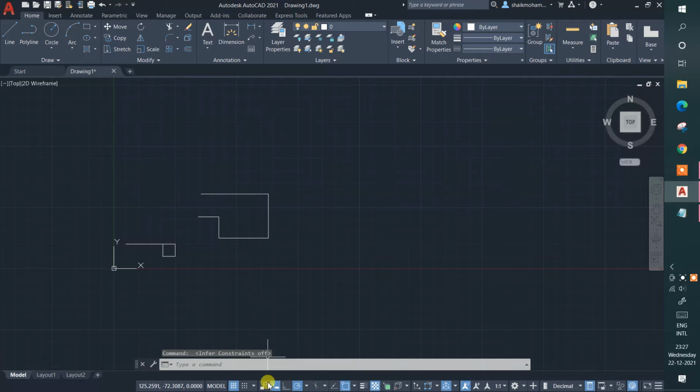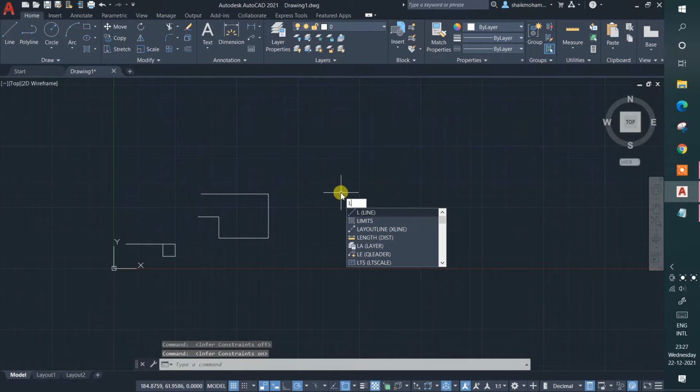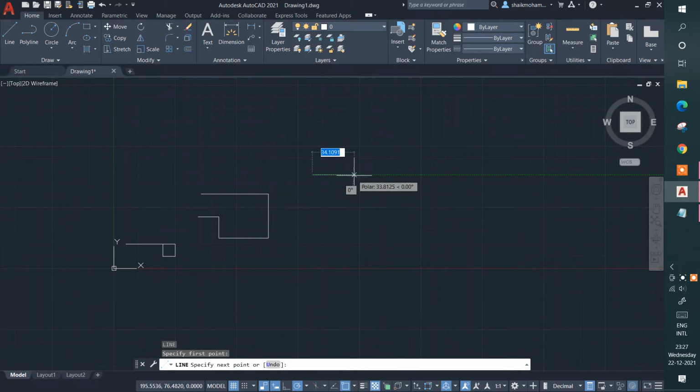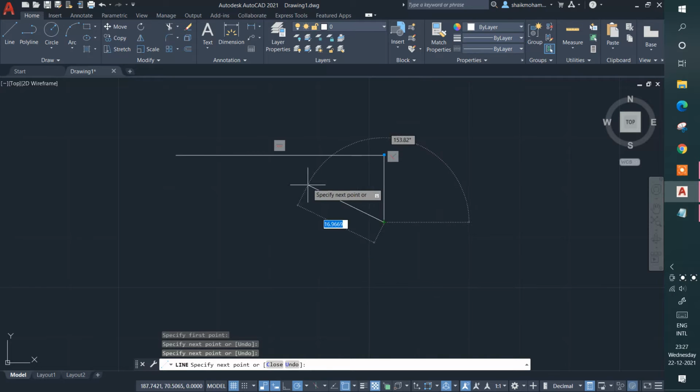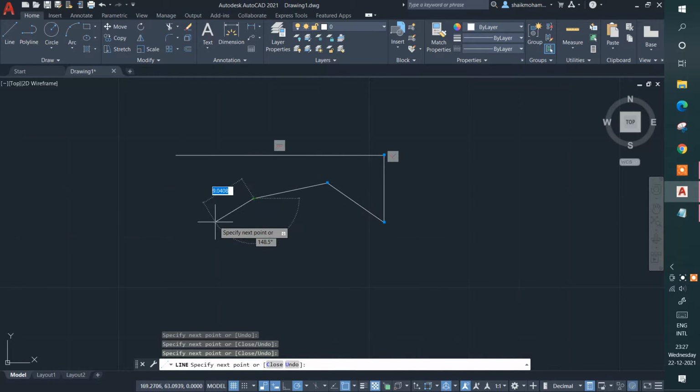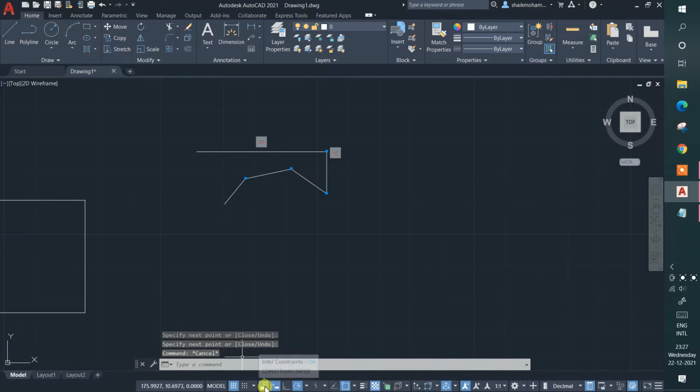Let me turn on this one. Firstly, just click on this, just L enter, okay? Line enter. For the L command we must have line enter, and then you can see, okay? Enter. And you can notice here the constraint is perpendicular like that. I'm going to turn this one off, okay?